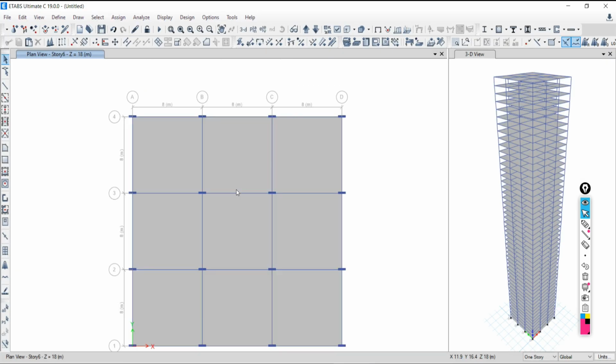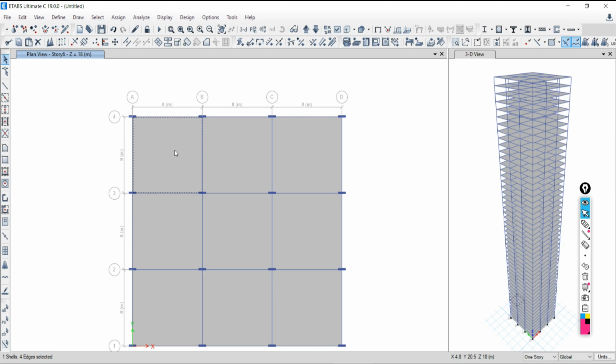Aerial load means the load that we are going to assign over a particular area. And you know that your slab is an area element. In simple terms, its dimensions about x and y are very large in comparison to its depth. So we call the slab an area element, a shell element. So we have to assign the load over the slab. We are going to assign the load over this slab.